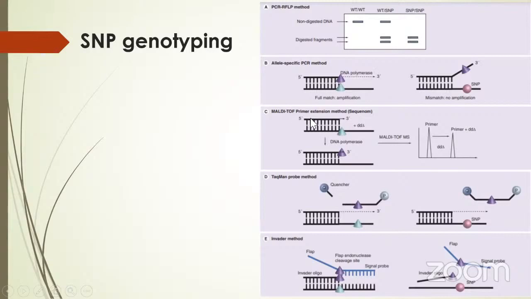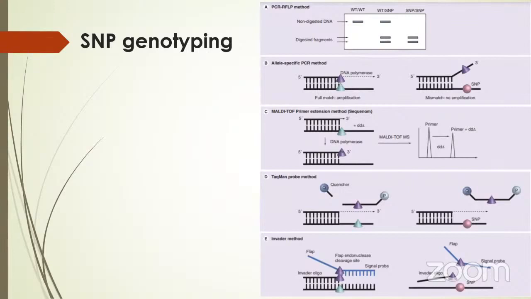You can go for MALDI-TOF. MALDI means matrix-assisted laser desorption ionization time of flight. I will come to this technology later. MALDI-TOF is a mass spectrometry, nothing else. So you will get a peak showing a difference in the peak alignment, and definitely there is a SNP. Okay, using a TaqMan probe, as I discussed yesterday